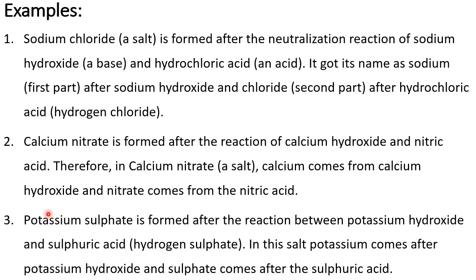Now it is potassium sulfate. Potassium, the base part, has come from the base. Which base? Potassium hydroxide. Now the anion, sulfate. Sulfate, or SO4 2 minus, is a part of which acid? Sulfuric acid, because its formula is H2SO4. SO4 is there, no? So the anion sulfate has come from sulfuric acid, and the potassium cation has come from potassium hydroxide. So potassium hydroxide plus sulfuric acid gives potassium sulfate. In this way it is named.